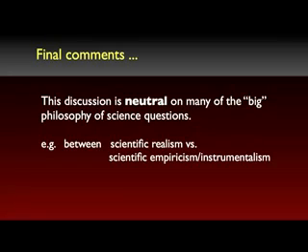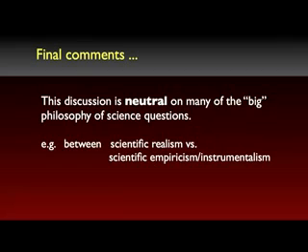And we should treat the theoretical parts of our theories as nothing more than useful fictions, or at least be agnostic about their truth. This debate between scientific realists and instrumentalists is one of those big philosophical questions about science. Some version of it goes back to the Greeks. And my point is that either view is compatible with thinking of scientific methodology as a set of tools for neutralizing cognitive biases. I'm not saying that both of these are equally plausible views. All I'm saying is that they're equally compatible with everything I've said about scientific methodology in this podcast.